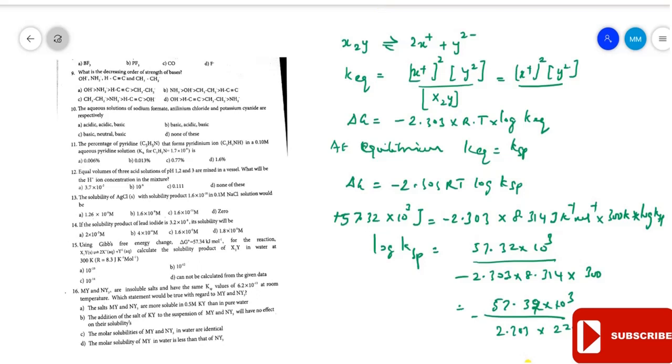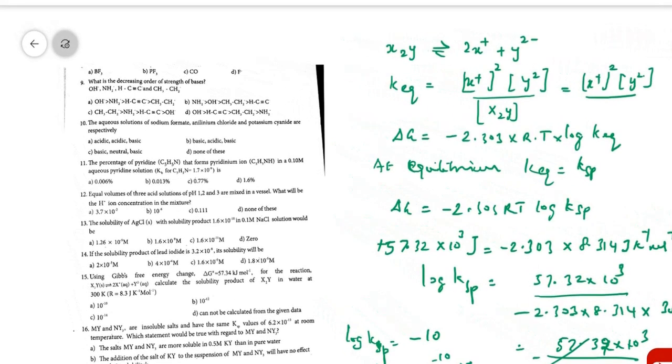And by cancelling, you get the value log Ksp is equal to minus 10. So it's a simple multiplication. So Ksp is equal to 10 power minus 10. So log 1 is equal to 10. Log minus 10 is equal to 10 power 10. So Ksp is equal to 10 power minus 10 M. So our answer is